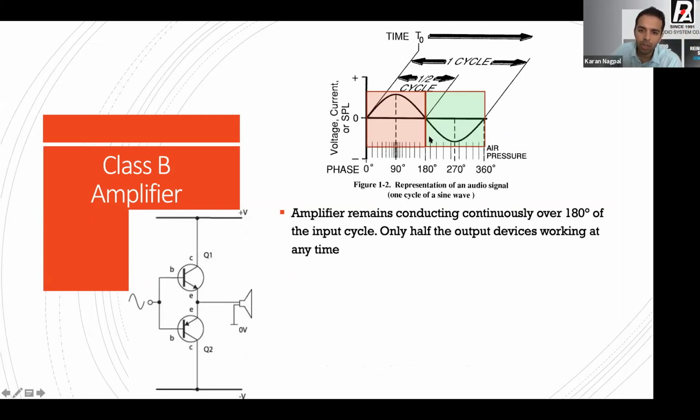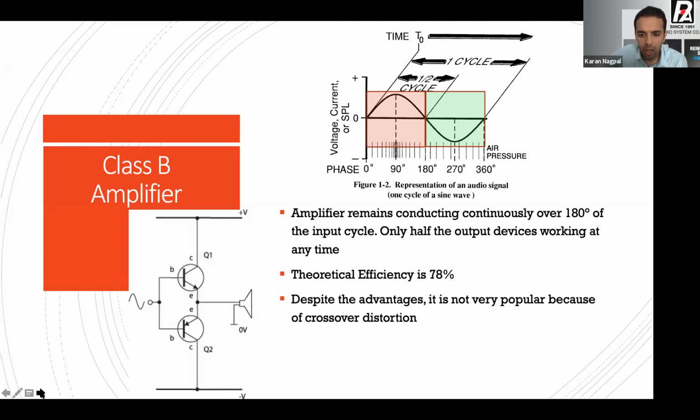Because of this, you have greater efficiency. The efficiency goes up drastically because at any given time, only half of your output stage is actually conducting. So much less heat, whatever you've designed your heat for. Theoretical efficiency is around 78%, but somewhere around 50 to 60% is more realistic. You would think this is a big advantage, but